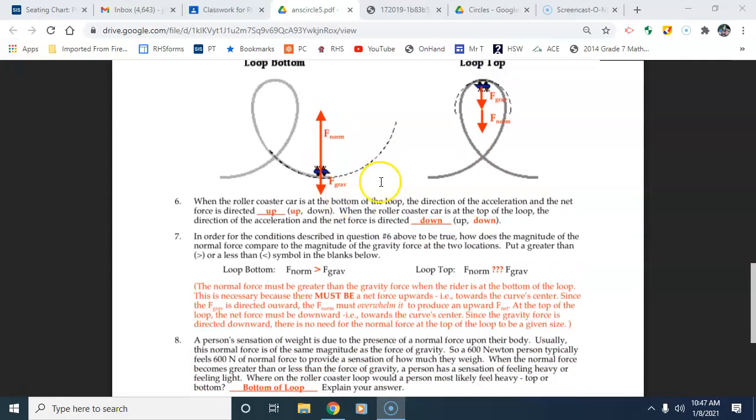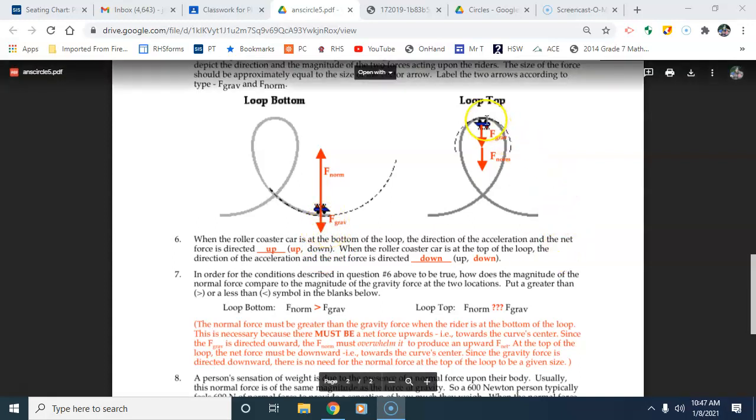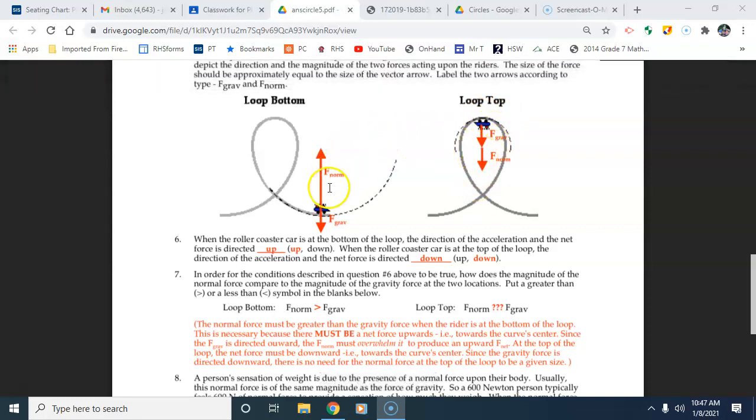At the bottom of the loop, the track is underneath you, so the normal force is up, and gravity always pulls down on you no matter what. That can't change. All right, so it should look something like this. And technically, the normal force is greater at the bottom of the loop compared to the force of gravity, aka your weight. But at the top of the loop, again, gravity always points down, but now you're underneath the track, and the track's pushing back on you, providing the normal force, so the normal force is also down at that position. So they interact differently at these two different